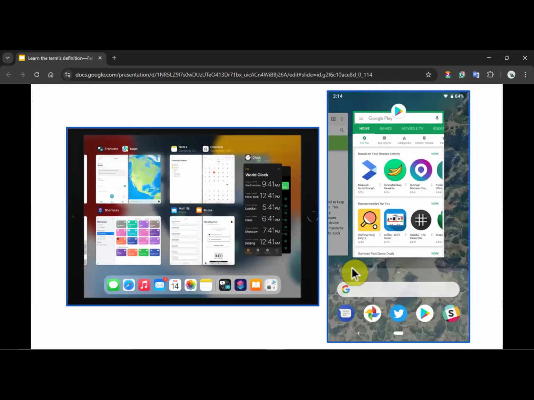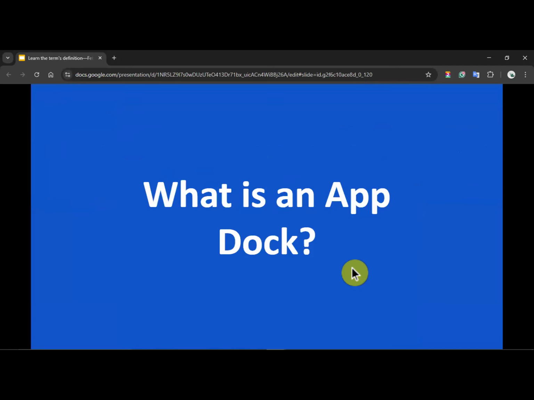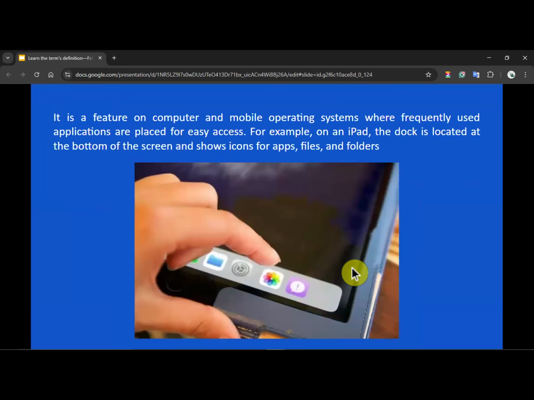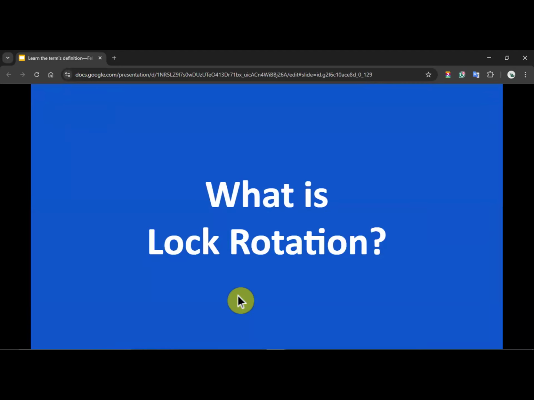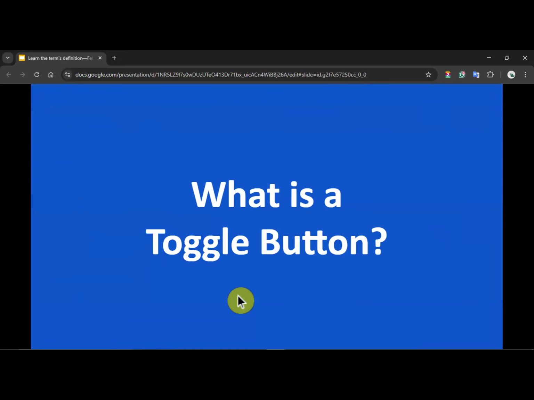And here's an example. The dock or the app dock, and that is the last one, is the feature that shows you frequently used applications. They are interchangeable. So based on what you use the most, you will see them kind of switching back and forth. I have other definitions here, but because we don't have enough time, so lock rotation,